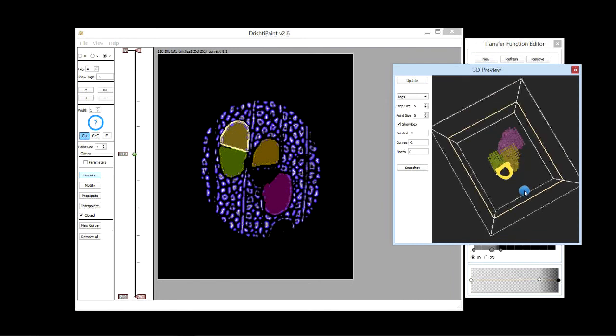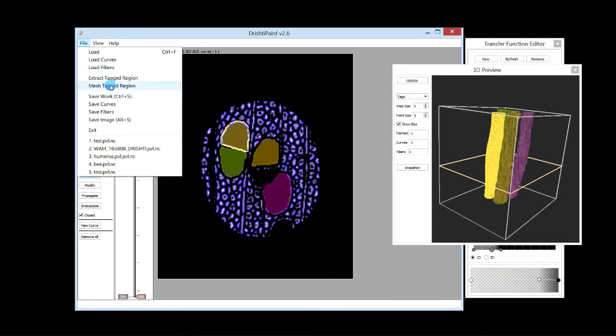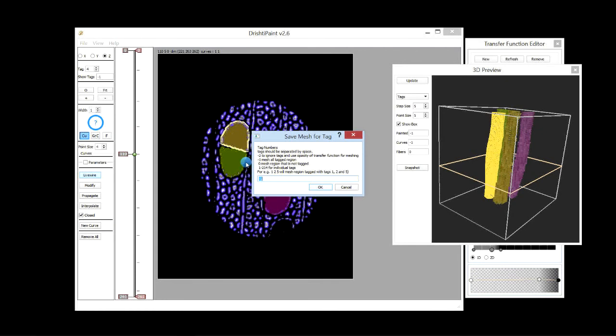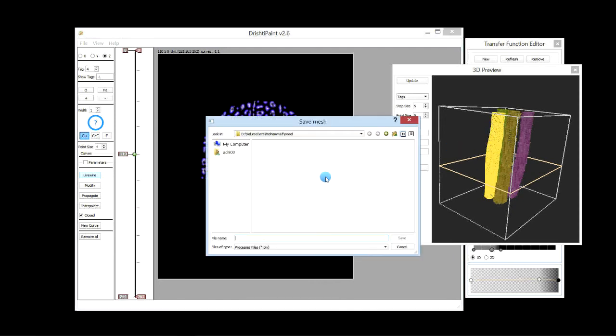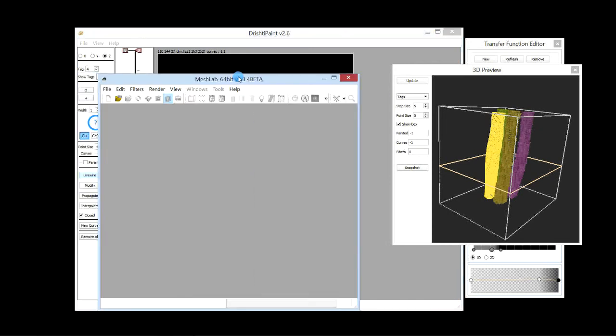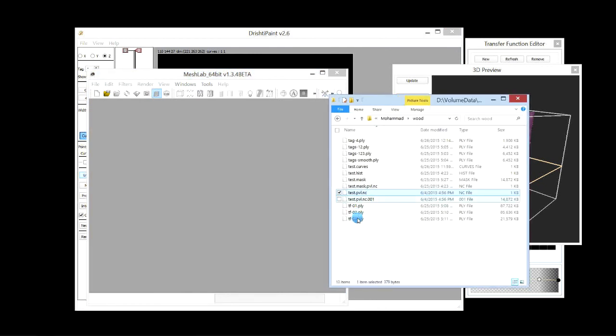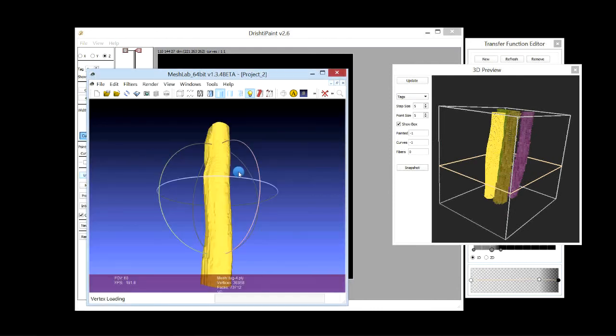And then you can also generate surface for that curve. So let's also do that. So generate mesh, and I want to mesh only the curve here, this tag here, so 4, and I'm going to use tag color, which is this yellow color, and then tag 4. I don't need to worry about the holes in this one, and it's done. And the tag 4 is this one here. So this is the channel that we